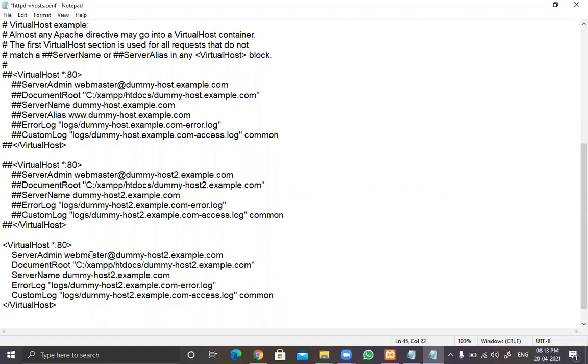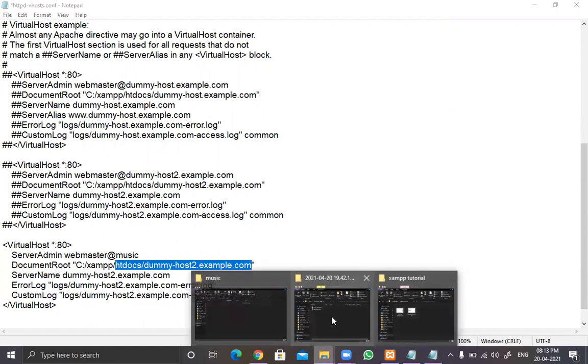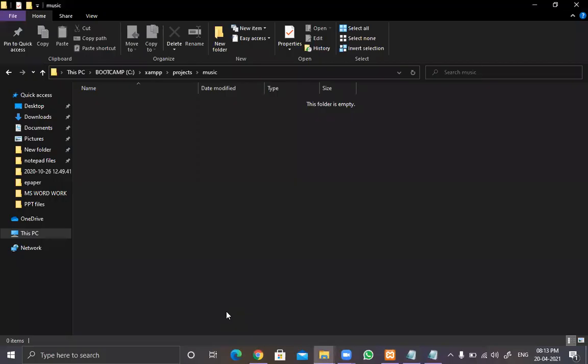Now here you need to make different entries. Server admin is webmaster at music. Since your website name was music, it's webmaster at music. Document root is C drive, XAMPP, htdocs, and so on. But my doc root was C drive, XAMPP, and here I created the folder at this place: C drive, XAMPP, projects, and then music.